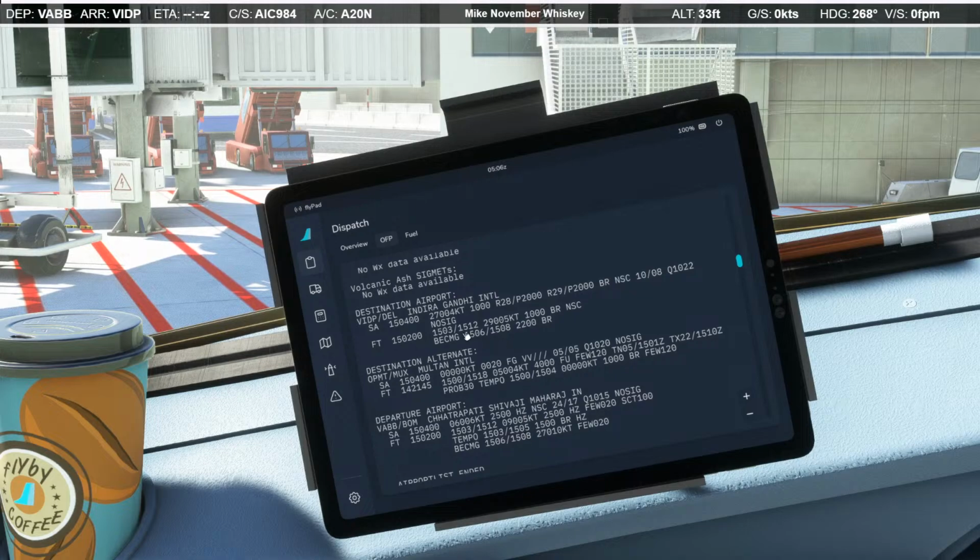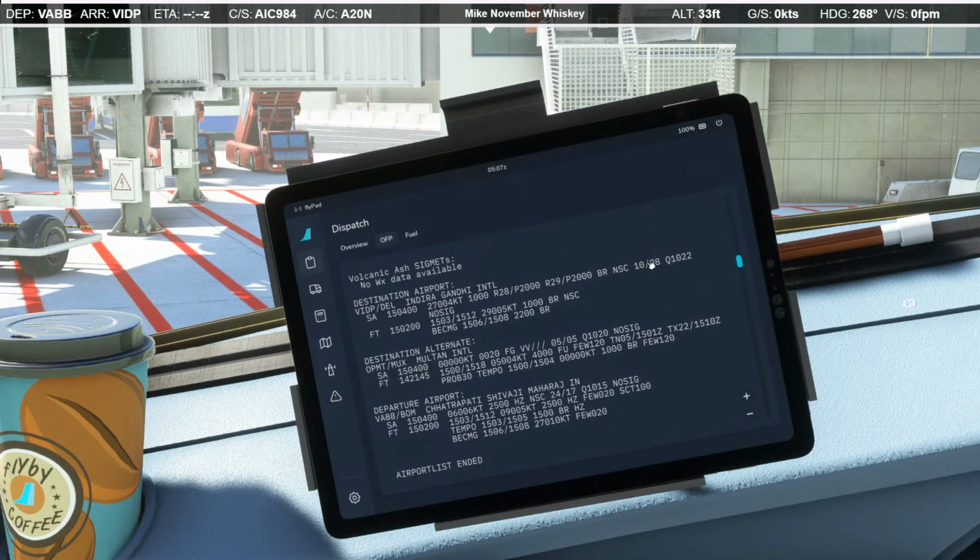Okay, our destination airport, also winds calm, less visibility. Those are the runway informations. Broken clouds, no significant clouds. So it might be kind of thick air on the way in, but quite a bit cooler than Mumbai. I'm assuming it's a bit higher in elevation. Okay, so that is our OFP.